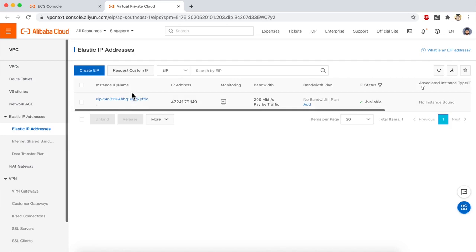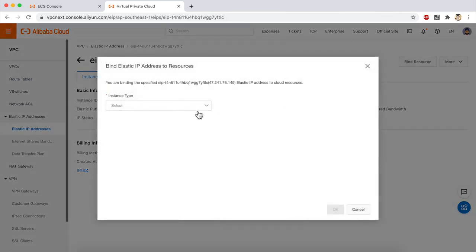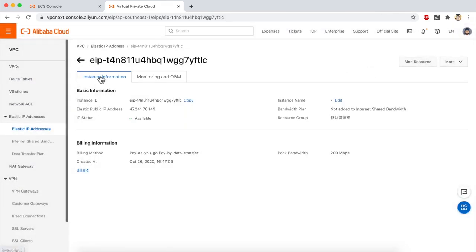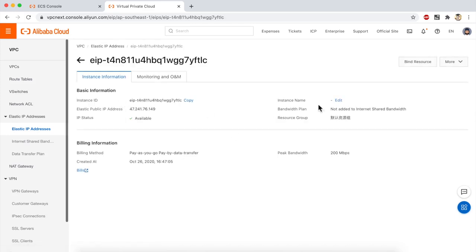Okay, I'll refresh. Here is my EIP. Great. I want to go here and click on More. Actually, let's double-click on the EIP itself, go to the EIP list, and then click on Bind Resource. I want to attach the EIP to something. So you can see again, how did I do that? From the EIP section in the VPC console, I clicked on the Elastic IP's ID number, and I went to